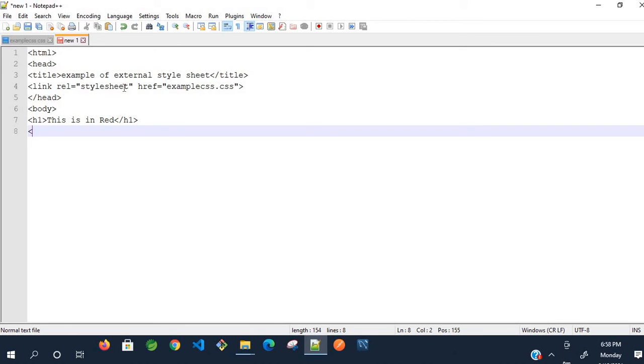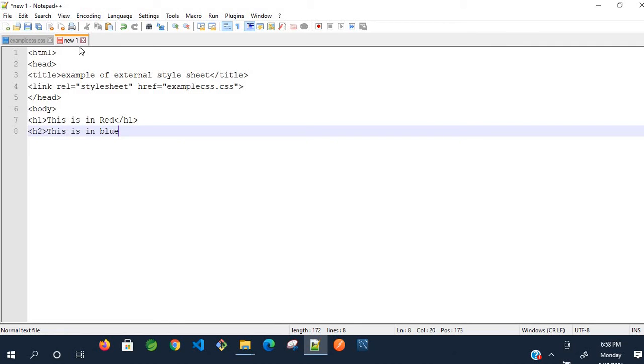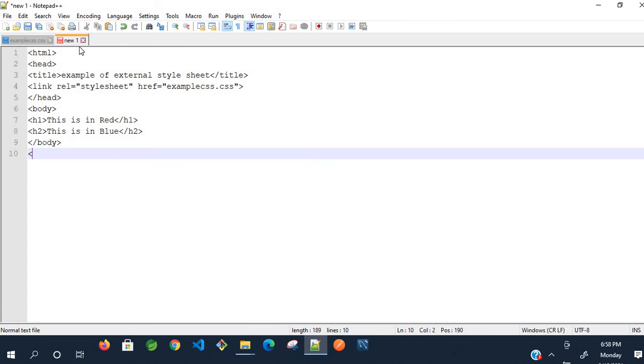Then I have also given a style to the H2 tag, so write H2, this is in blue. You may write any text. It should display in blue. This is the text which is going to display in that color. Now close the body tag, close the HTML tag. Save the file.